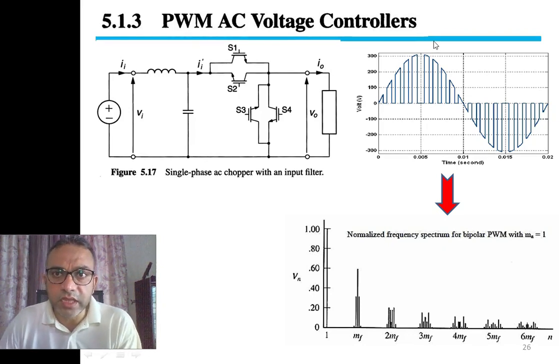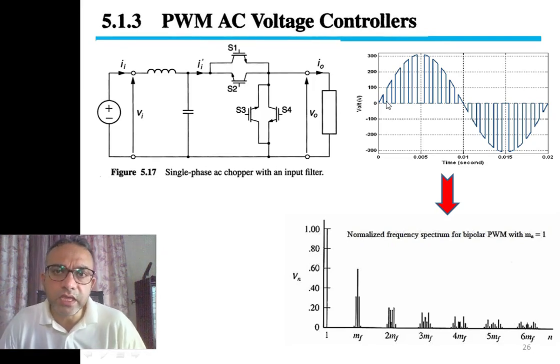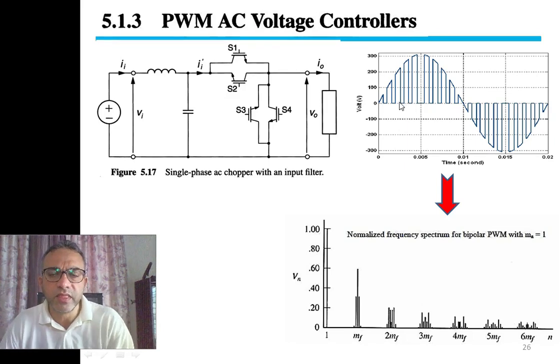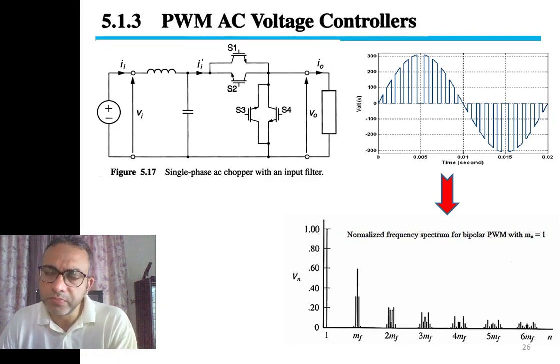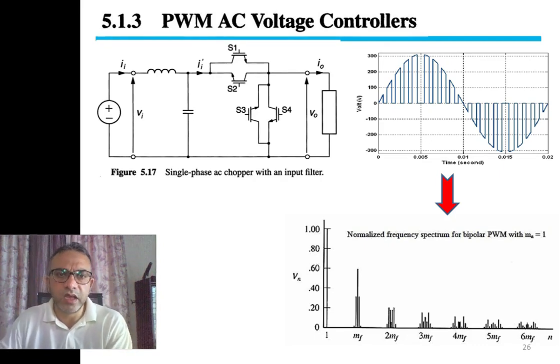Now, although this PWM AC sine wave is produced by multiplying a sine wave with a pulse train, we see here that there are many times when the voltage is zero. This is zero. This is zero. And since there is abrupt change in the PWM, when the PWM is multiplied with the sine wave, we can expect that there will be a large number of harmonics.